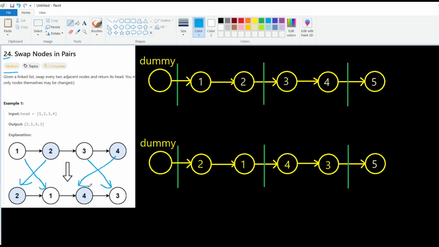Okay, at the beginning it seems easy, but actually it's not. We need to be careful with the pointers, because at first 1 is pointing to 2 and now 1 is pointing to 4. 2 was pointing to 3 and now 2 is pointing to 1, as you see. And 3 was pointing to 4, now 3 is pointing to none, okay. And 4 was pointing to none, now 4 is pointing to 3. Anyway,